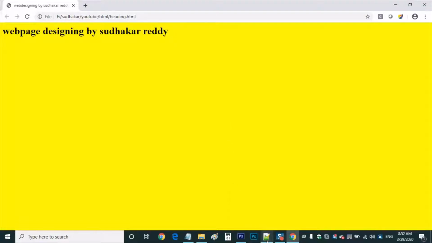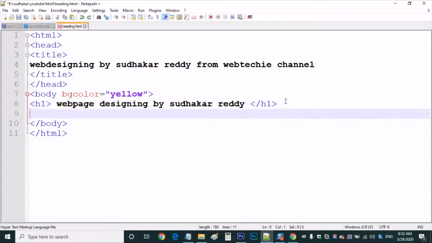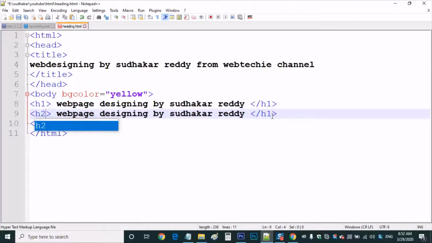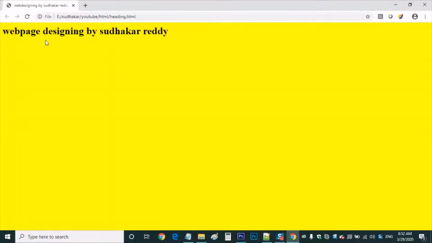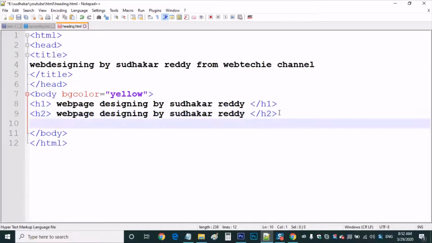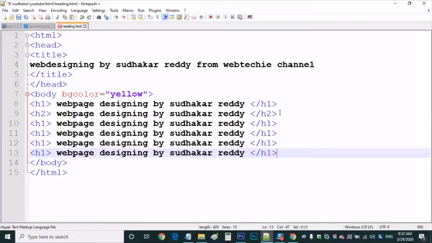So let me copy this one. Instead of typing the same thing again, I'm copying this and pasting it here, and I'll change this h1 to h2 here. Now save this and refresh your page. So subheading, like that we have h3, h4, h5 and h6.